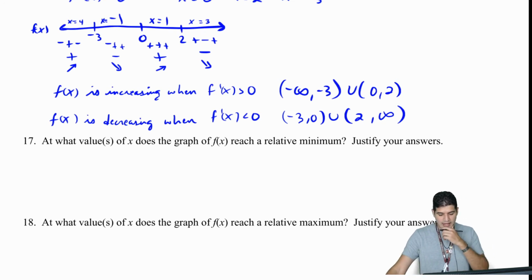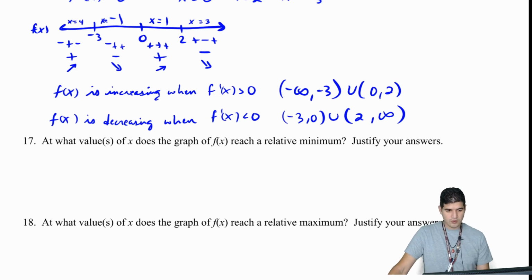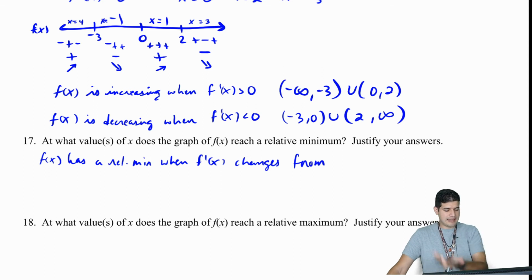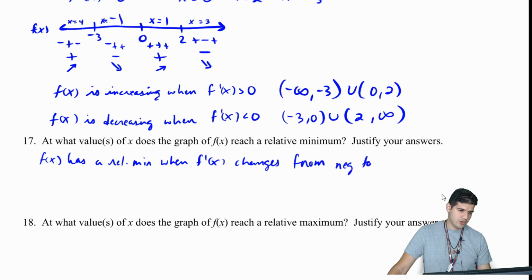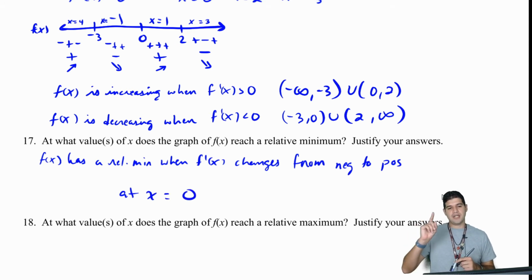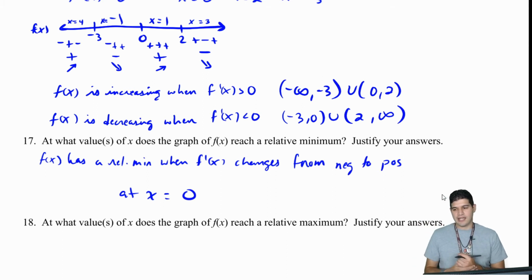Well, we want to have a reason. So we'll say f of x has a relative minimum when f prime of x changes from decreasing to increasing, so that's going to be negative to positive. So from negative to positive. And when is that happening? That happens at x equals 0 in this case. That's the only part where it changes from negative to positive, and you can see that in our handy dandy